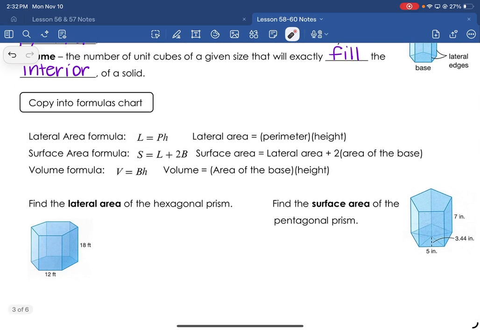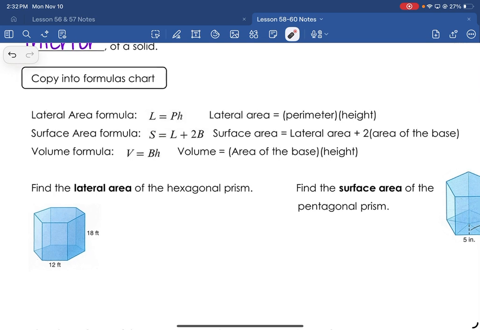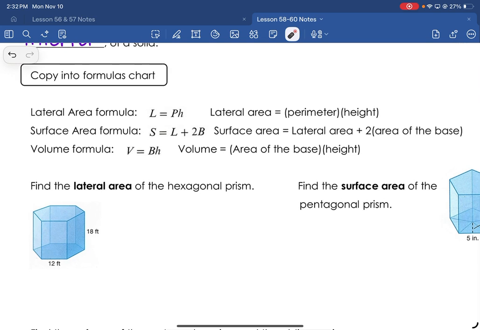Okay, these formulas will go into your formulas chart. The first one is the lateral area formula, which equals the perimeter of the base times the height. We'll work a few of these here in a minute, so it'll make more sense. Surface area formula: it takes the lateral area that we just found and we add that to twice the area